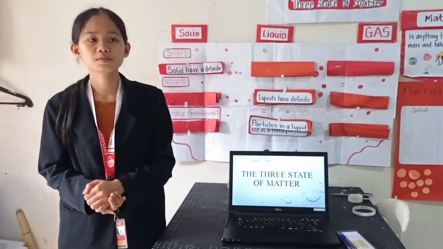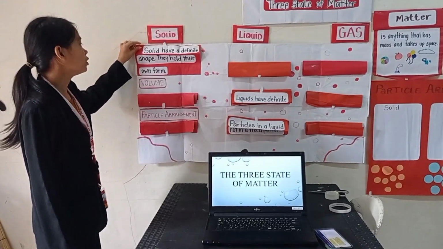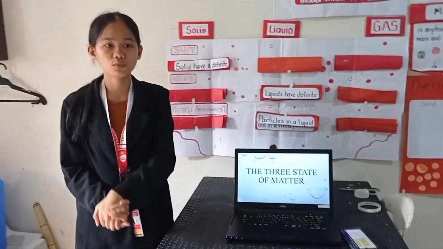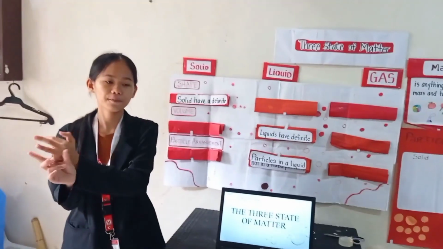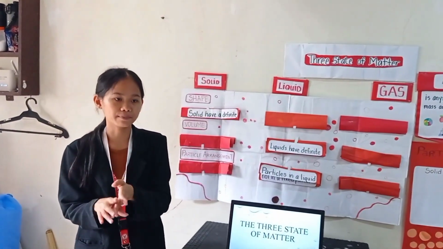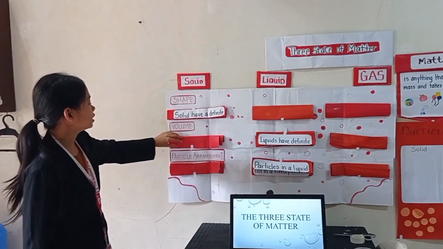Of solid, in terms of shape, solids have a definite shape. They hold their own form. They can form like a star, heart, triangle, or any shape in your mind. Second is in terms of volume. Solids have a